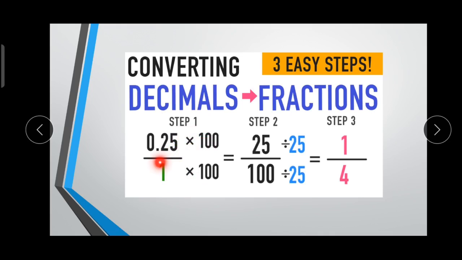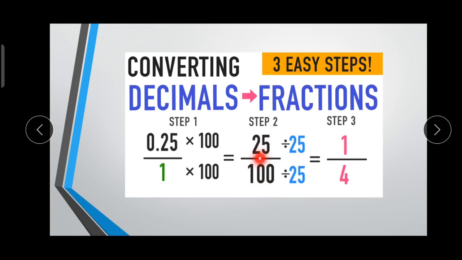Suppose after the decimal dot, if it is 3 places, 3 place values, we have to multiply by 1000. Yes, here also 1000, there also 1000. Okay, so this is the rule for converting the decimals. Now, if you are multiplying 100 with 0.25, the number will become 25. So 1 into 100, 25.